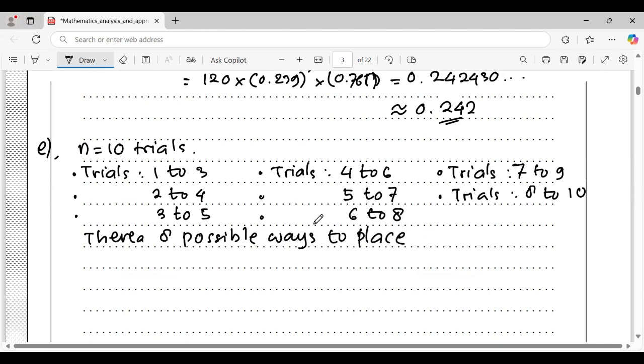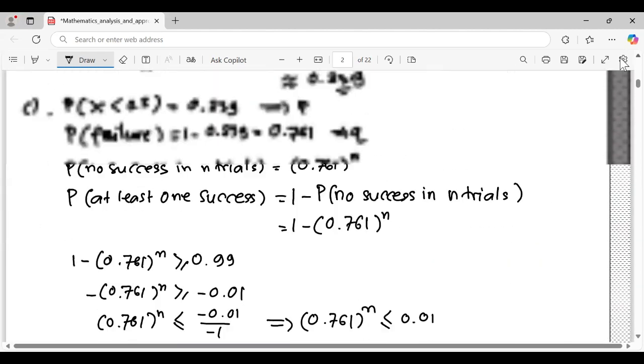Okay, so there are 8 possible ways to place the 3 consecutive successful trials in 10 trials. I mean, 10 trials, n equal 10. So the answer is 8 possible ways to place. Next question,